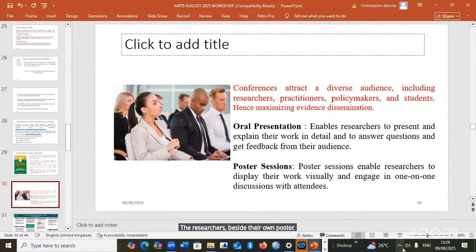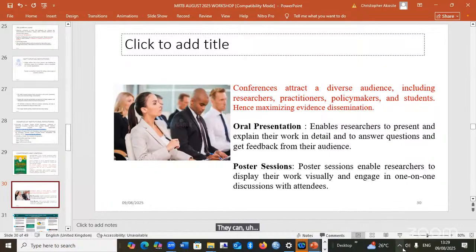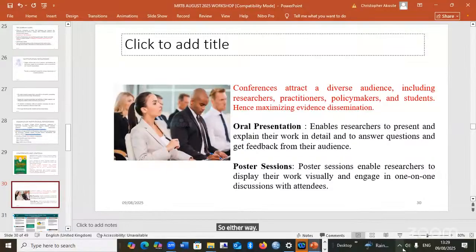And after looking at and reading your poster, they can engage you in one-on-one discussion. If there are things they need you to clarify, they ask you, you let them know. If there are suggestions, they also drop them with you. So either way, a researcher gets the benefit of immediate feedback from conference presentation, whether it is platform or poster.